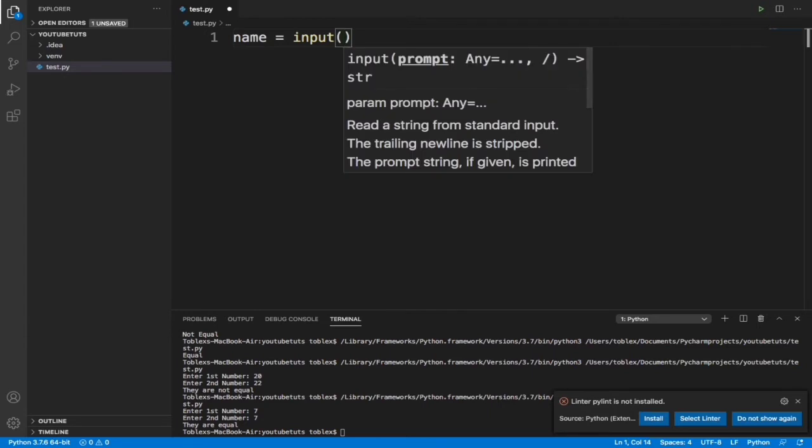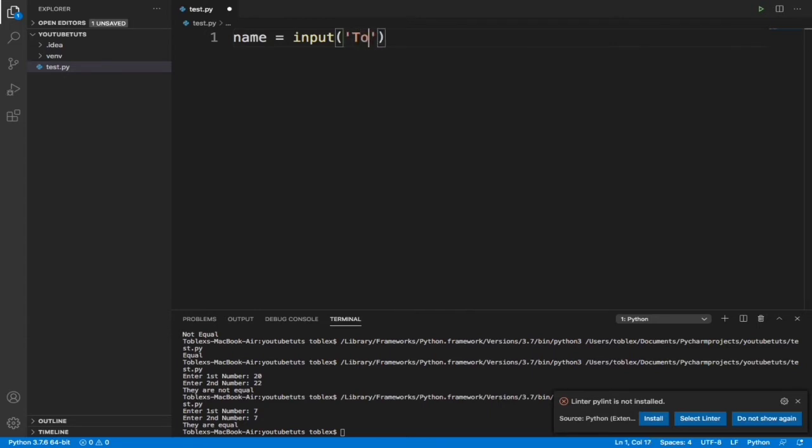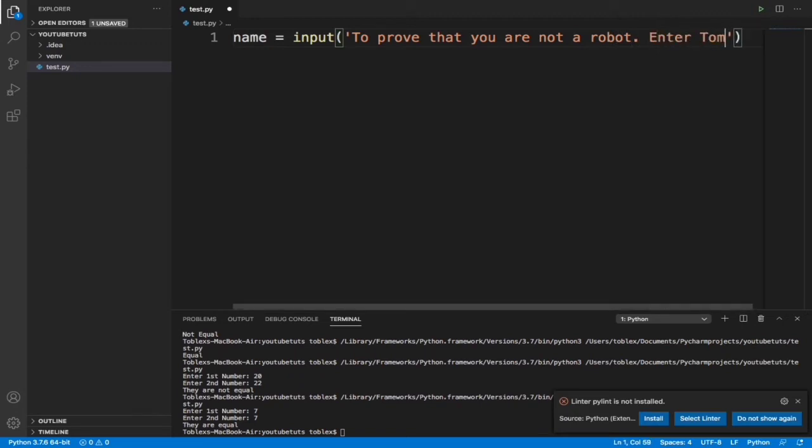Now let's say input, I will say to prove that you are not a robot, enter Tommy. Now what do we tell the user? We told the user to type Tommy.